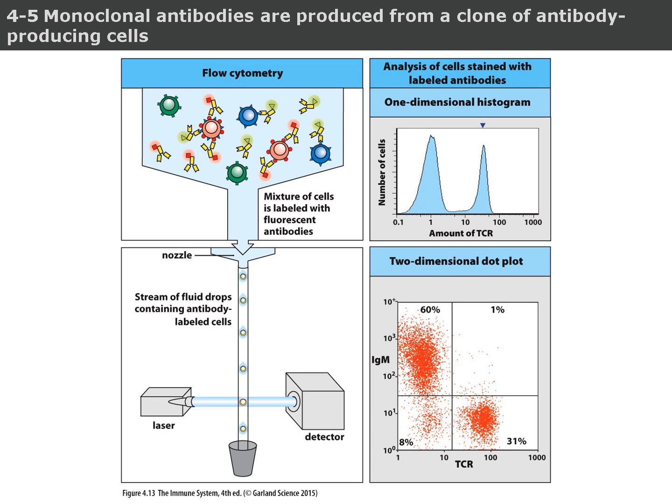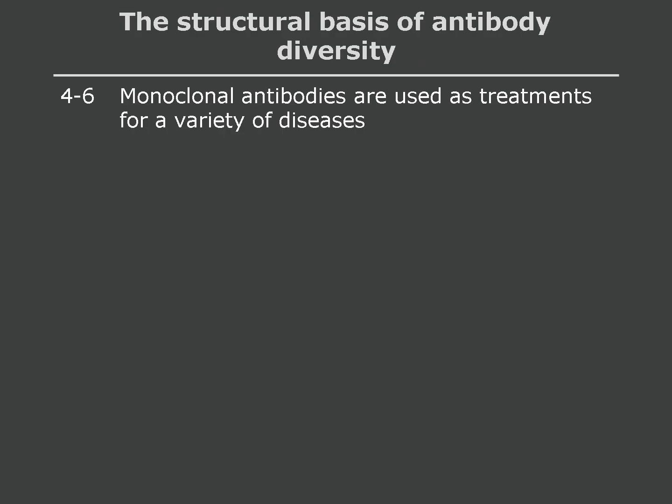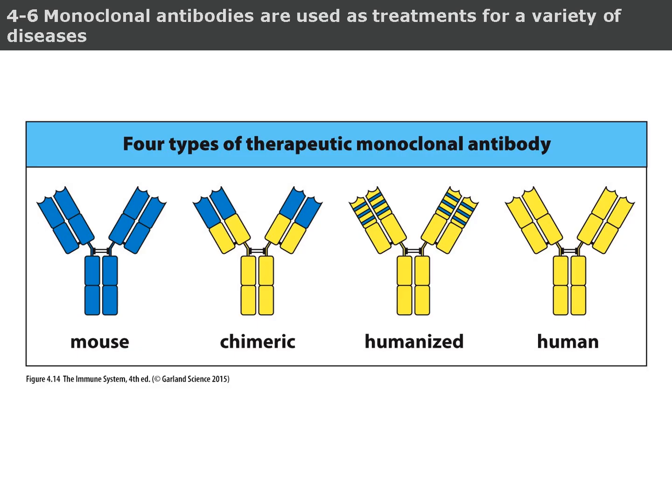for monoclonal antibody production. Monoclonal antibodies are used as treatments for a variety of diseases. This figure illustrates the four main types of therapeutic monoclonal antibodies, classified by the origin of their protein components: mouse, chimeric, humanized, and fully human. The mouse monoclonal antibody, shown in all blue, is entirely derived from a mouse immune system. While effective at targeting specific antigens, these antibodies are often recognized as foreign by the human immune system, leading to